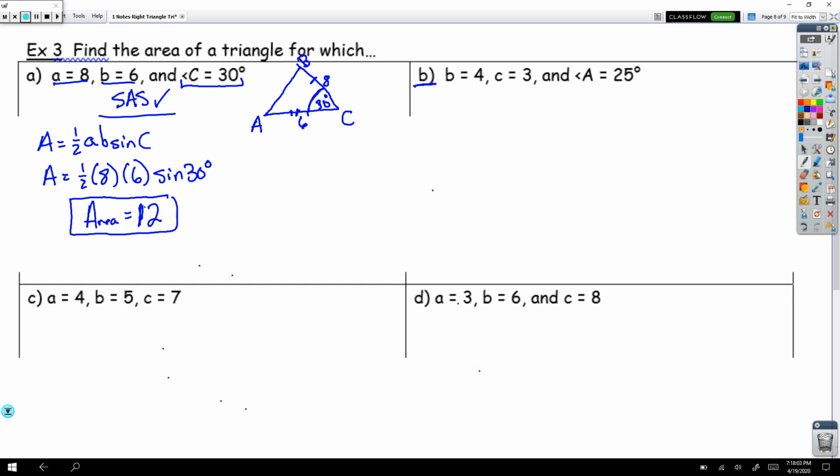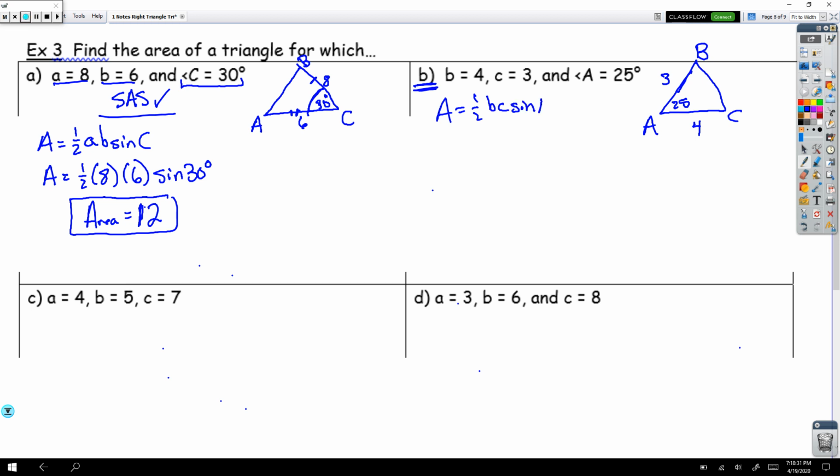Alright, you guys can try B on your own. If you want to go ahead and pause it and try it out, go for it. I'm going to put the answer up now, really quickly. B is 4, C is 3. So area 1/2